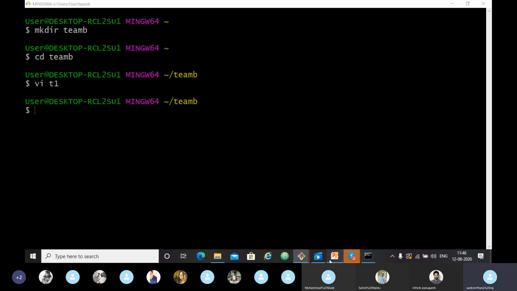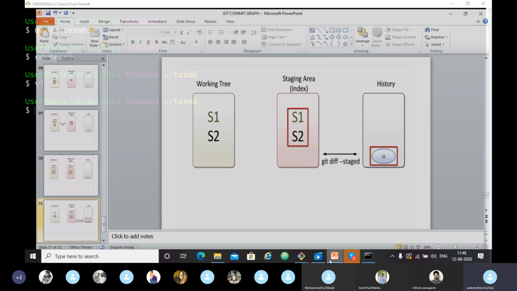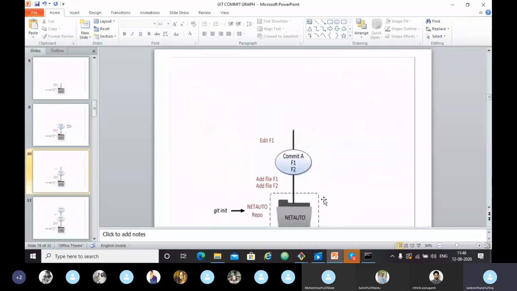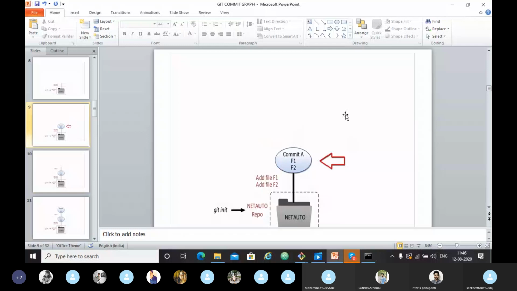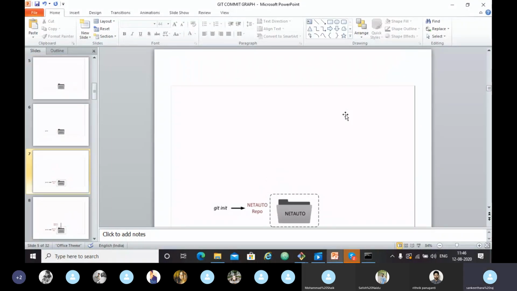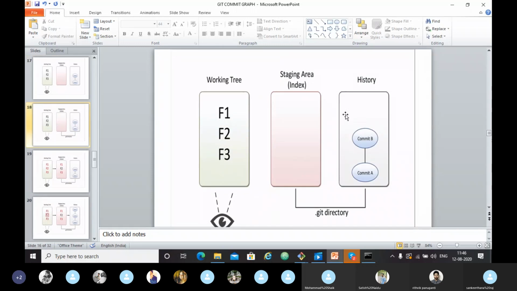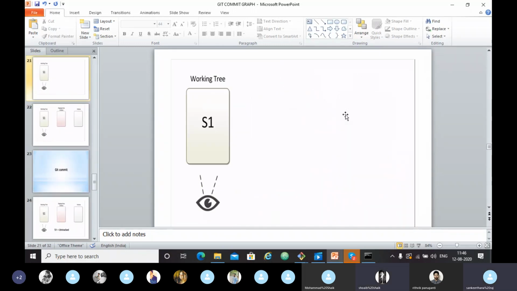In the diagram, if you want to see it again, you can just see it. This is the file we have named T1. This is our working tree.